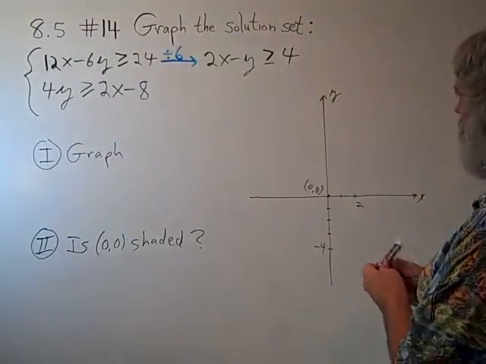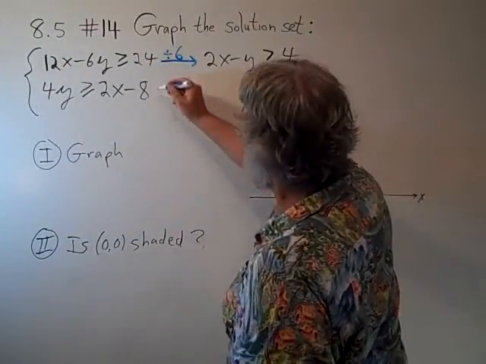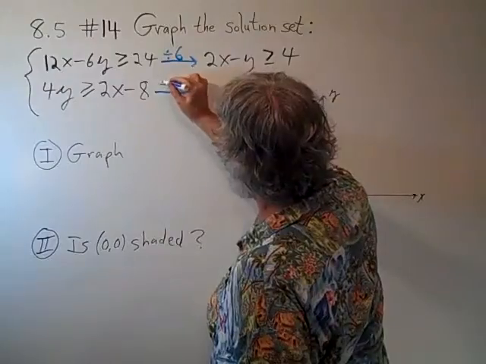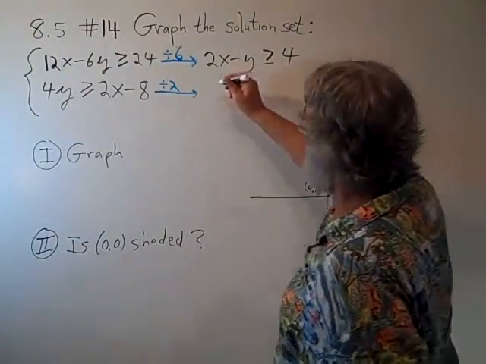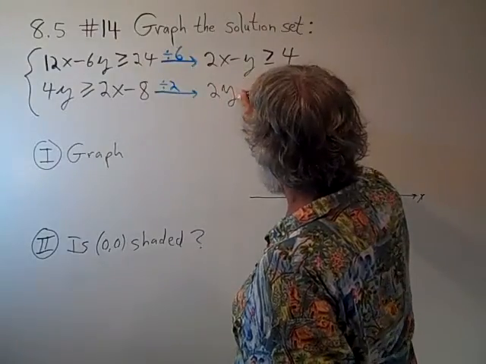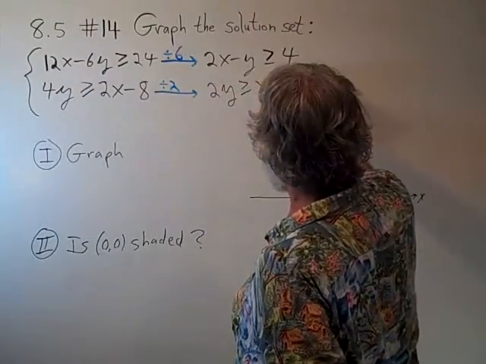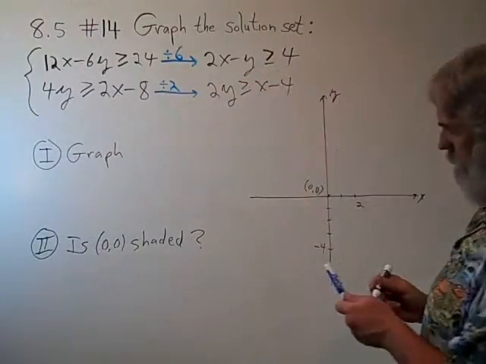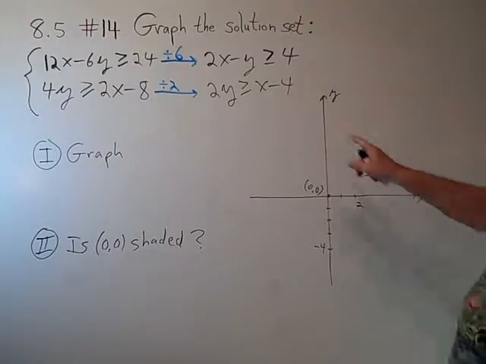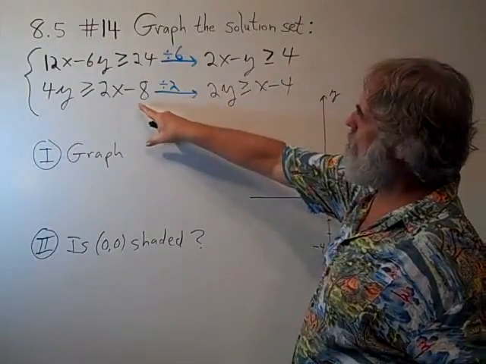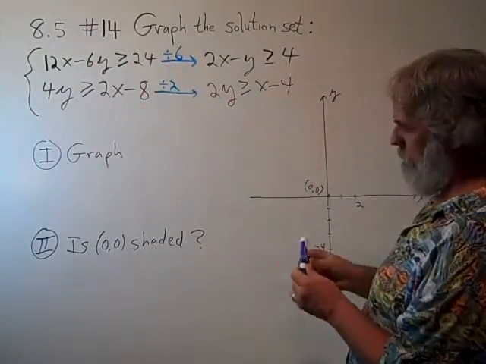And the second inequality, similarly, we can simplify by dividing every coefficient by 2, dividing every coefficient in half. So we end up with 2y is bigger than or equal to x minus 4. So these are the same solution set. These new inequalities have the same exact solution sets as the old ones do, but the numbers are smaller and